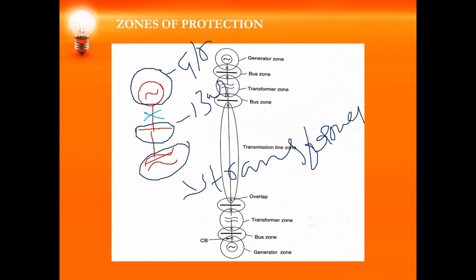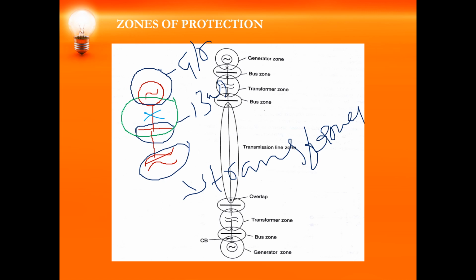In the diagram, the distance is very near, but in the actual practical situation, this will not be near. That's why if the fault has occurred somewhere between the generator and the bus bar, the fault will not be detected by either the generator or the transformer. So what will happen? Both will get damaged. In order to avoid that, you should have one more zone of protection, that is generator, bus bar and the middle line. So overlapping is a must. Okay, you cannot avoid the overlap.